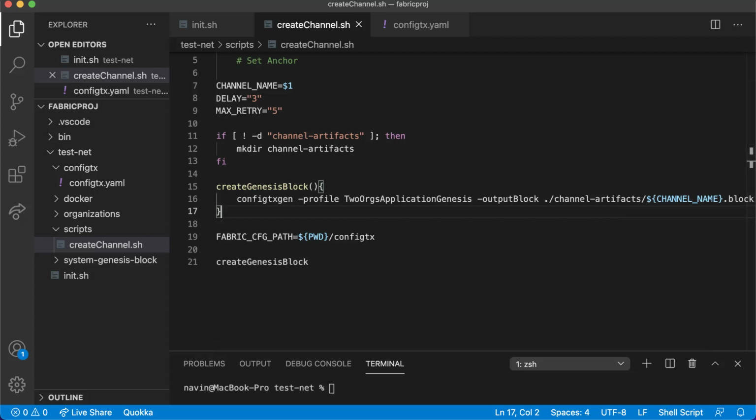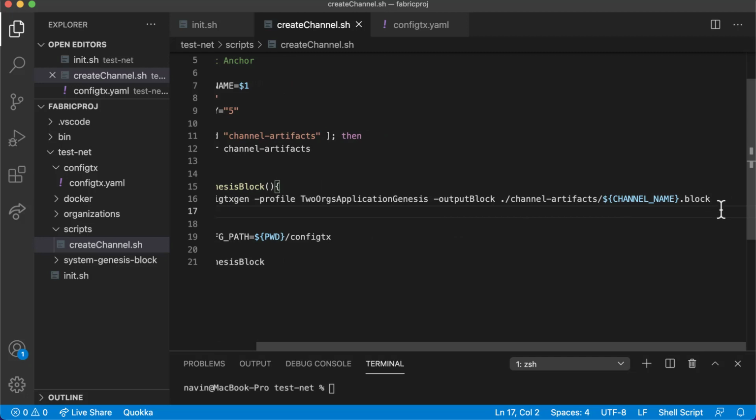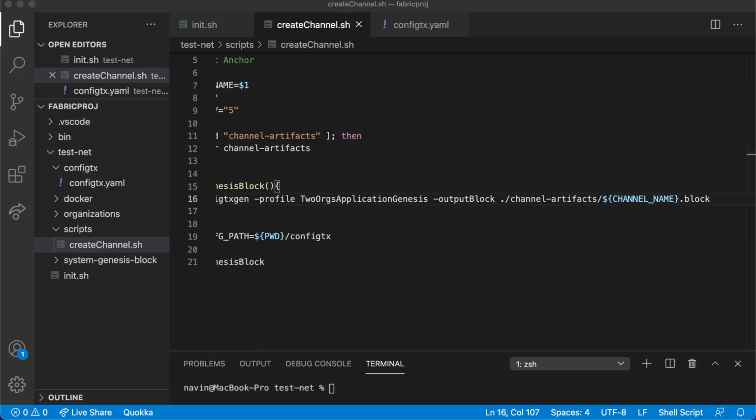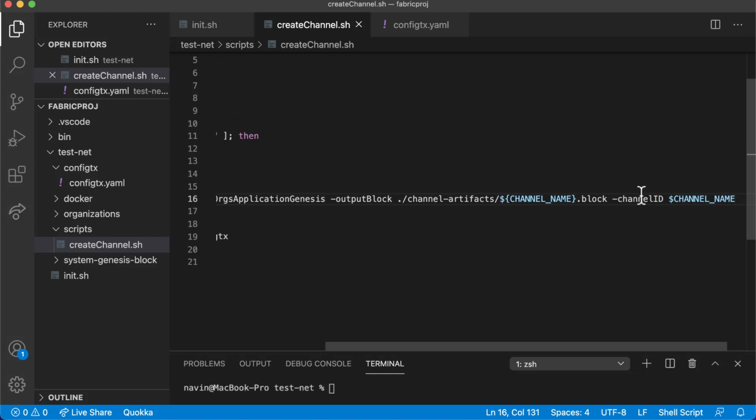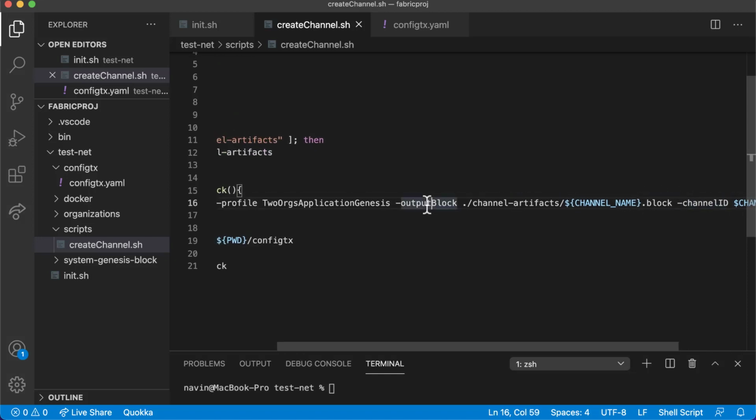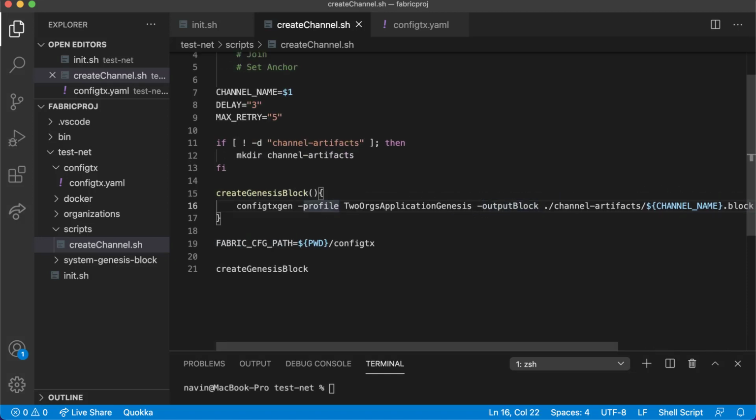which is your channel ID itself. So let's set the channel ID here. The channel ID is your channel name, so we'll simply write that. That's it. So three things you have to specify: channel ID, output block, and profile. And by doing this, you got your Genesis block. As simple as that. Now, once you have done with the Genesis block, the next step you have to follow,